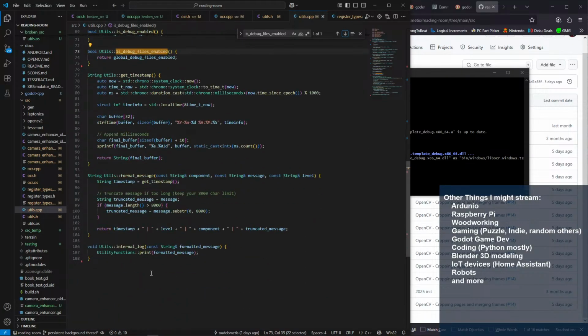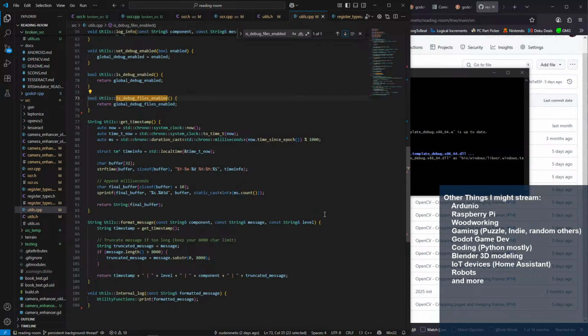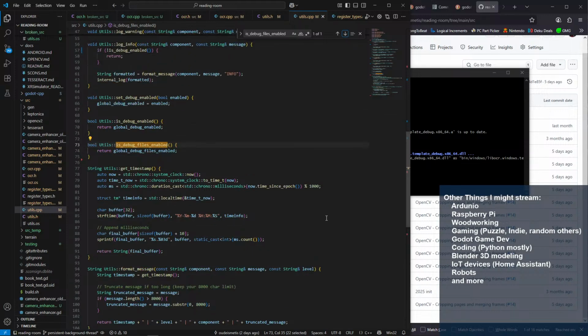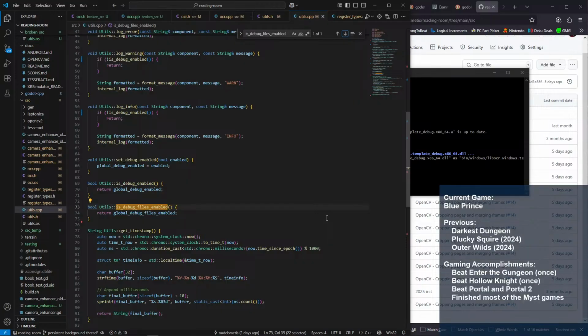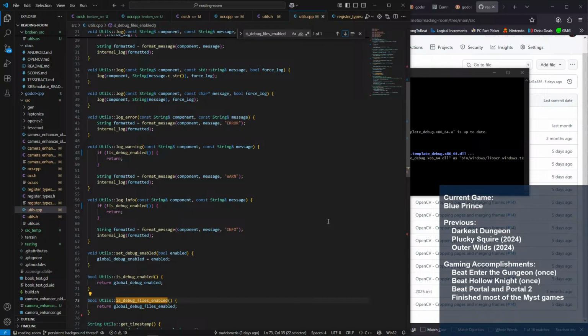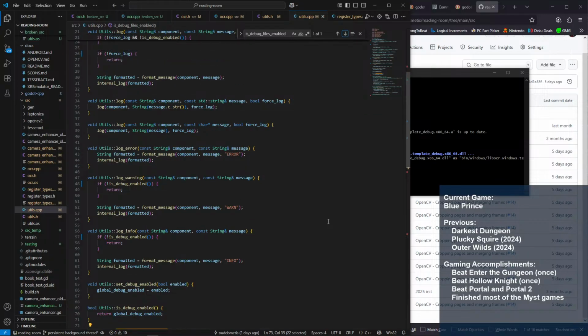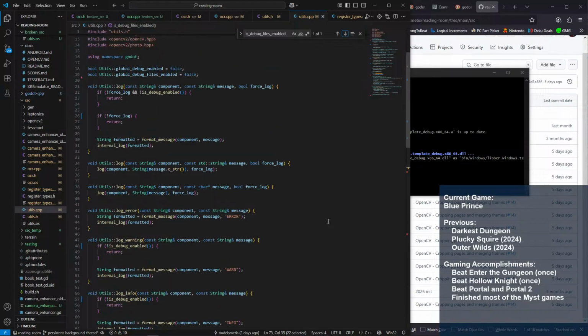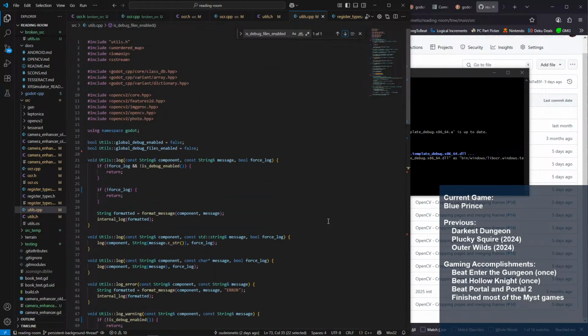So now we just basically got the internal log, the formatting as its own separate thing, which is fine. Timestamp, generating timestamps for things. Who knows? There could be a problem there. And then we have all these different versions of logging.